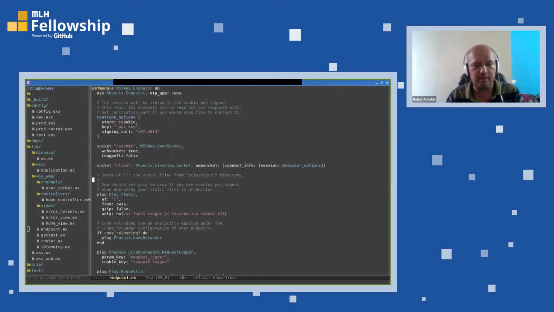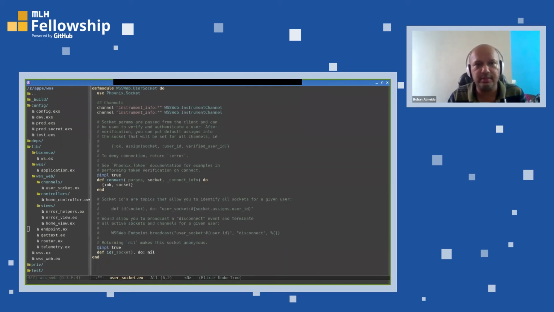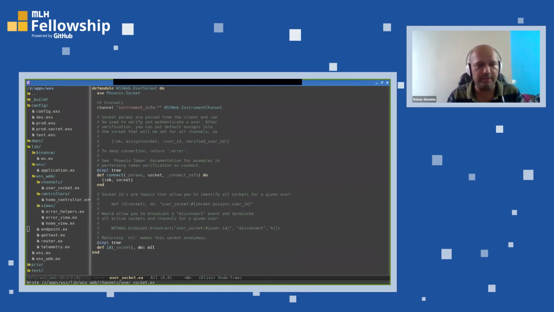So that's all I need to do to define. I can define multiple channels, right? I can say instrument info and many more. Let me just do instrument info for now. And I need to create,